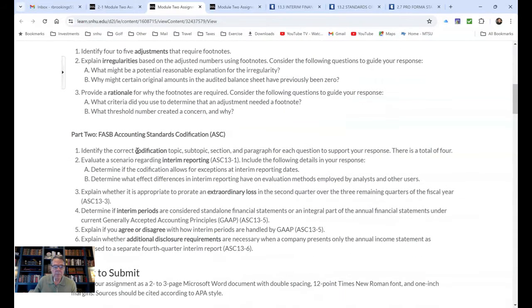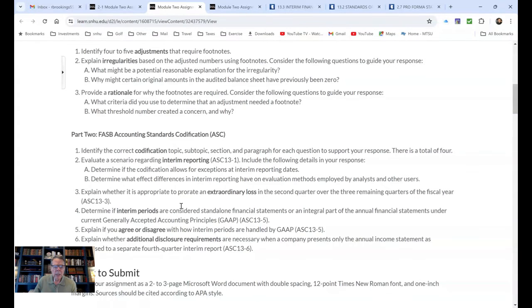The second part is going to be identify the correct codification topic. And so you will be presented with different problems from chapter 13. 13.1, 3, 5. There's another part of 5. So 5, you're going to determine if interim periods are consolidated standalone financial statements or an integral part of the annual financial statements under current